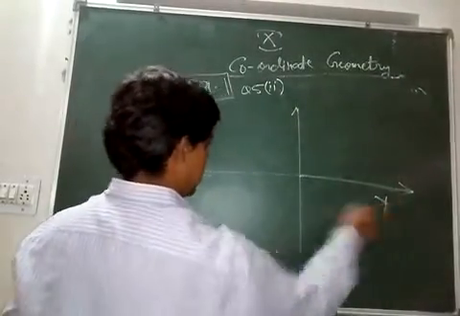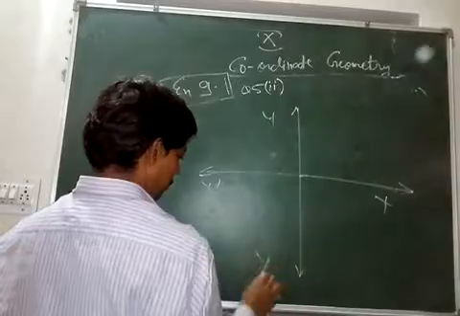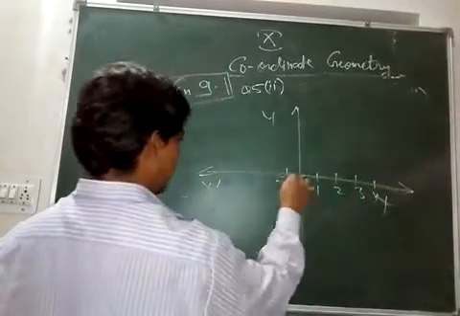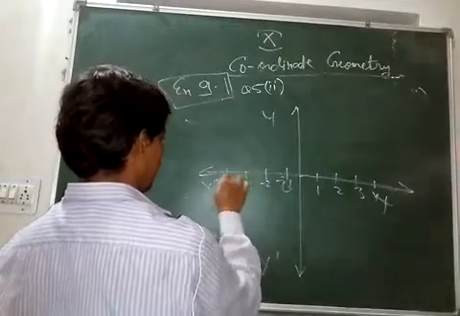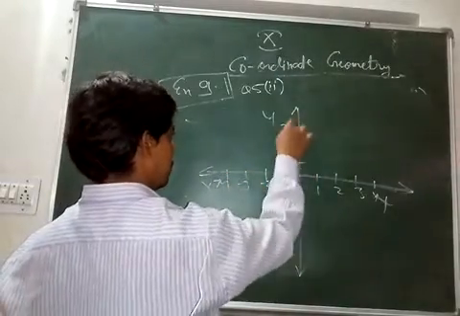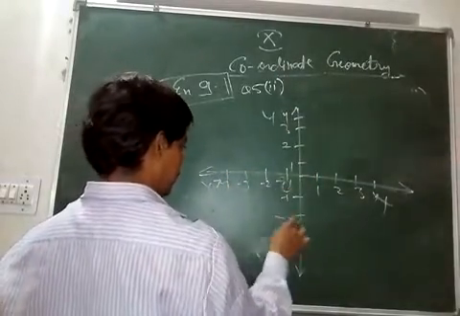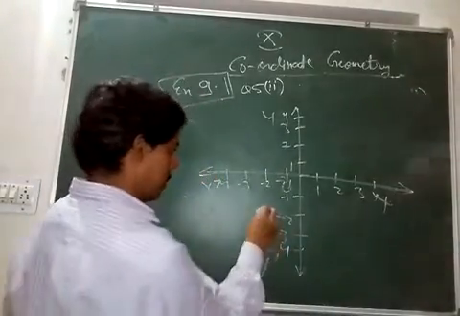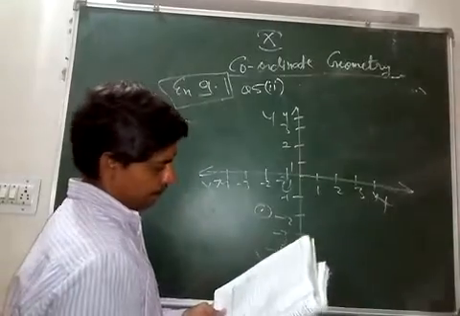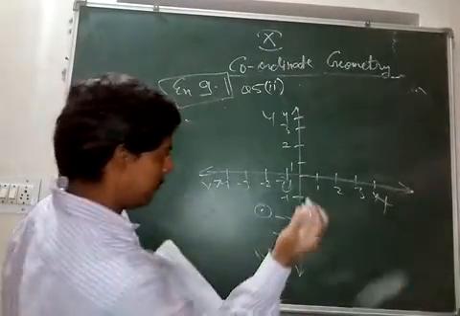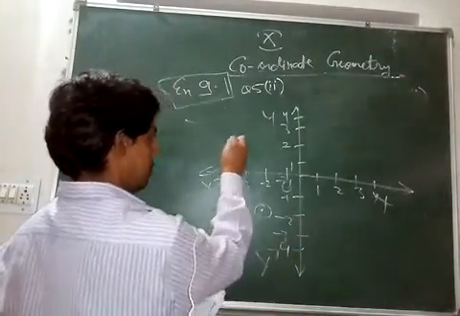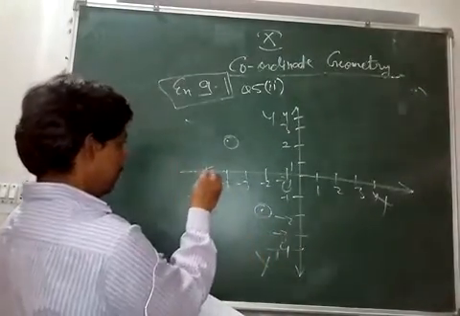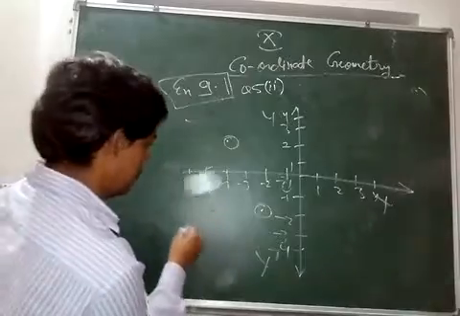quadrilateral. So this is x dash, y dash, and this is 0, and this is 1, 2, 3, 4, -1, -2, -3, -4, 1, 2, 3, 4, -1, -2, -3, -4. Okay, so the point -2, -2 is here, -4, 2, where is -4, 2? -4 and 2 is here, -6, -2, this one,